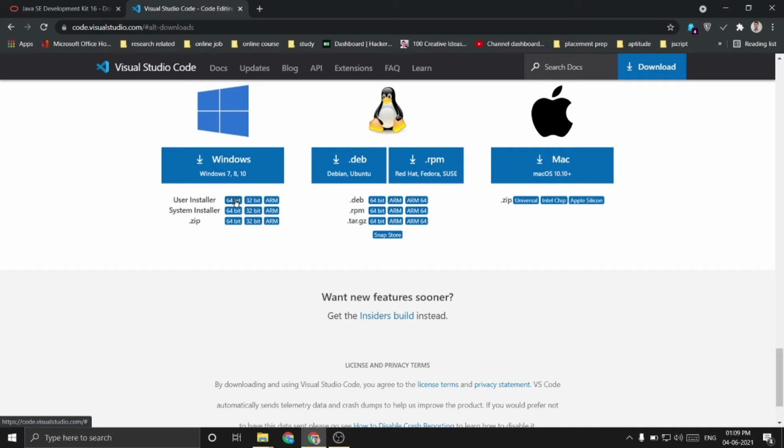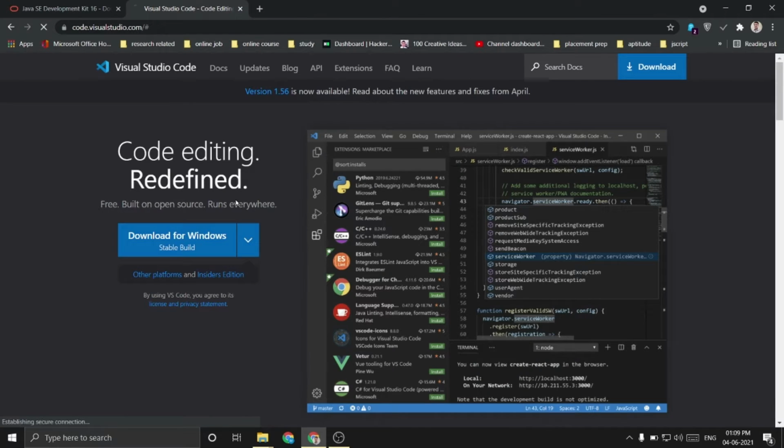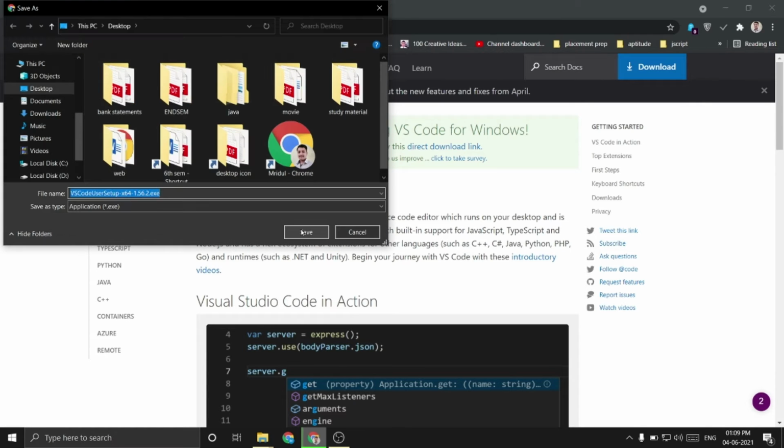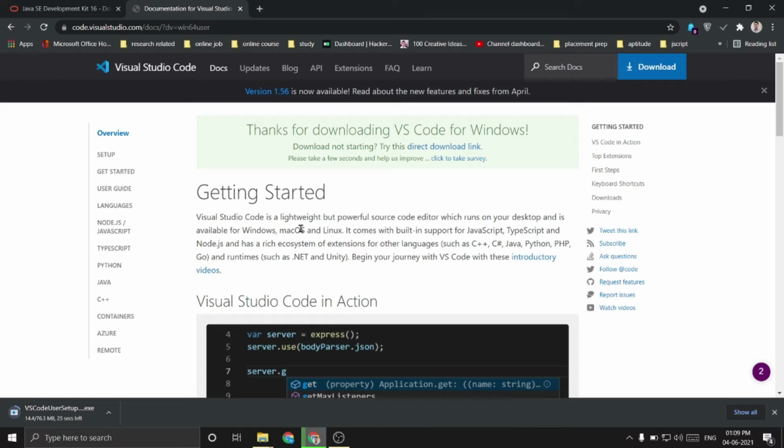After downloading this, you have to install it. I have already downloaded it earlier, so I will download it again and perform the installation. That's what you have to do. Then afterwards we will write our first program to check whether our compiler is running correctly or not. Then afterwards we will come to the next video. The internet speed is very good. It has completed. Now I'm opening it.